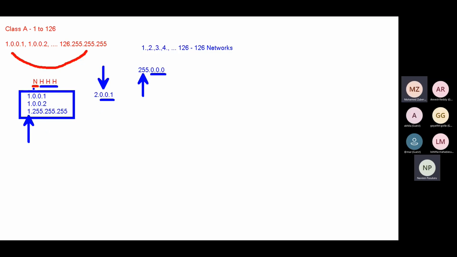Okay, yeah. So the first digit, which is a network digit, remains the same in a single network, and the remaining host digits can change. Yeah,